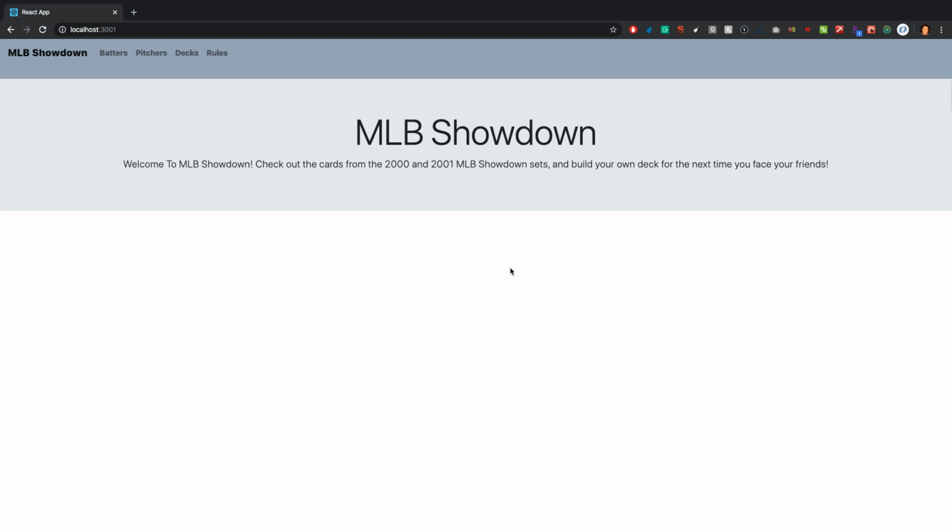It's a Rails API backend with a React and Redux front end. I built there used to be this card game I played with my friends when I was younger called MLB Showdown. It's like an MLB baseball strategy card game. So I was able to find data for all the cards online, and I seeded my database with that CSV